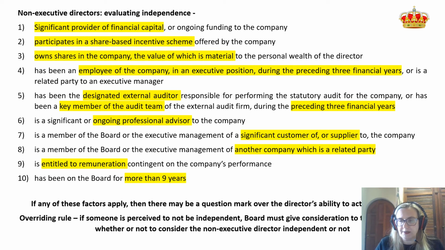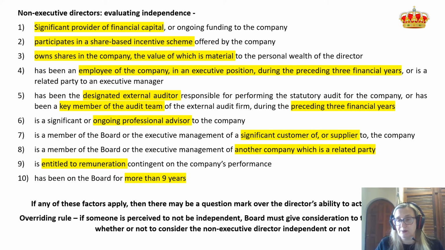However, big investors, particularly the PIC, pay a lot of attention to this 9 years. And as soon as a director goes over the 9 years, you will find that the PIC will start voting against their reappointment. And so the board must reconsider every year after those 9 years whether or not they are